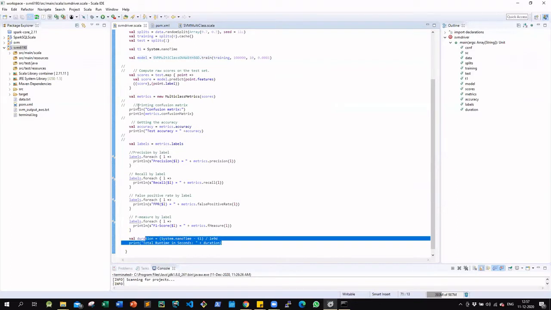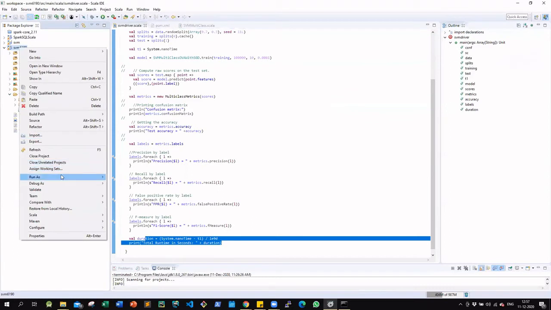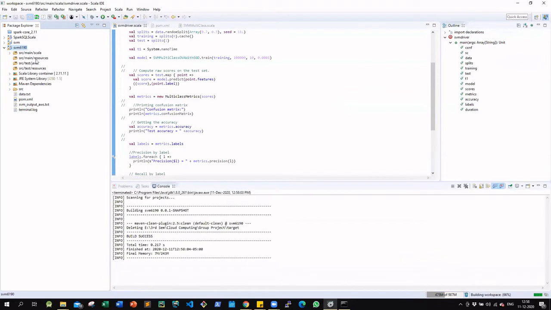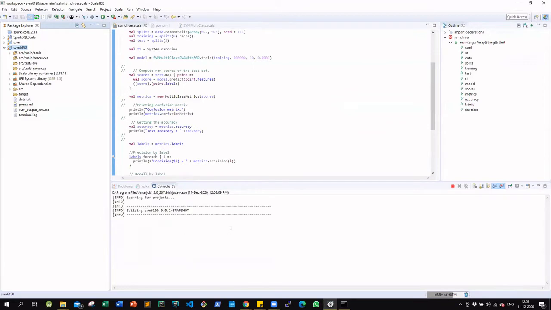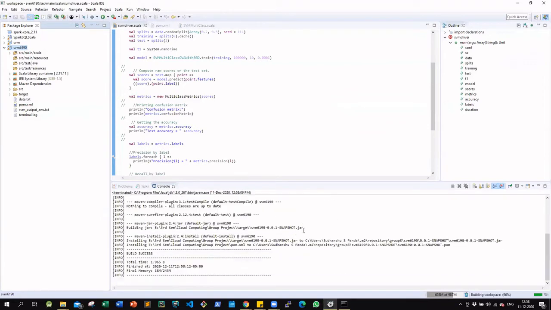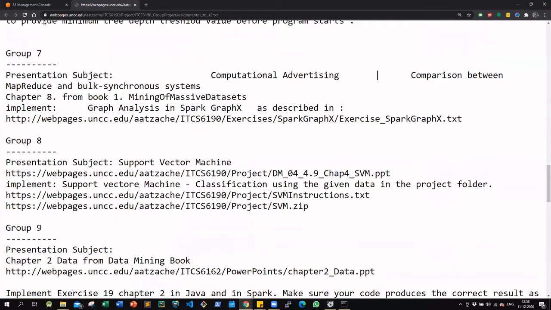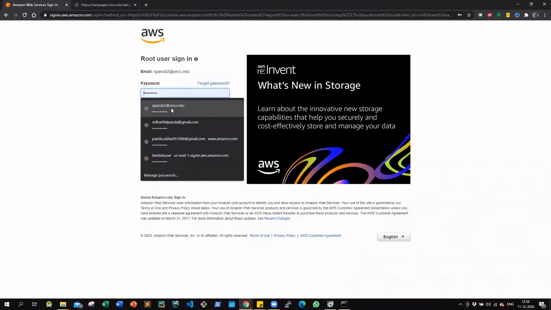So to start with our project, we need a jar file, which will be generated here. For that, first we need to clean the Maven project, and then we have to run and install it. This step generates the jar file, and what we need to do with the jar file is go to the S3 management console, and